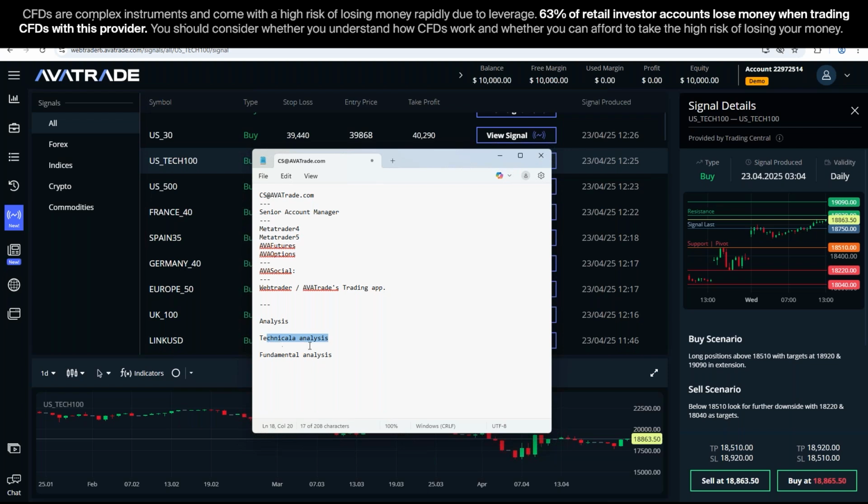Technical analysis will be what is in the chart, and fundamental analysis will be news outside the chart, such as some kinds of events and articles and earning reports, interest decisions, tariffs, anything that is outside the chart but has an impact on what's happening in the market. We can call it